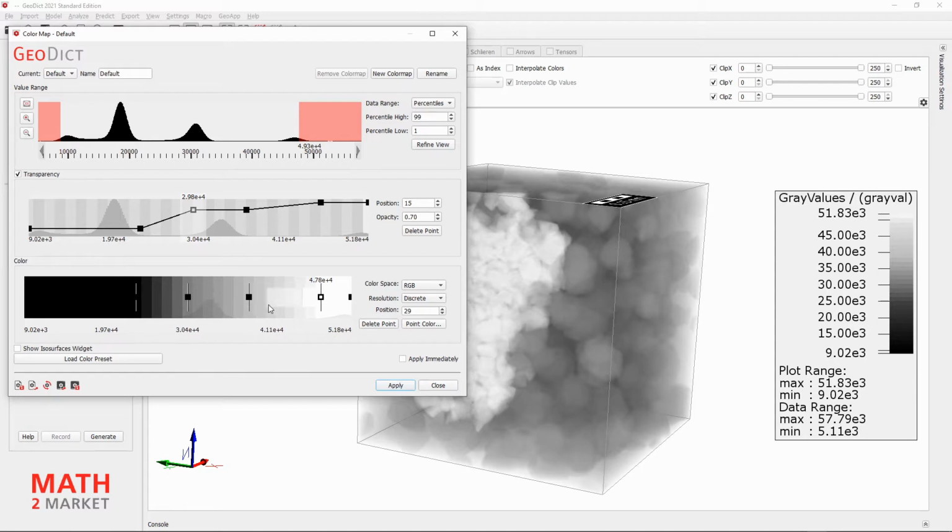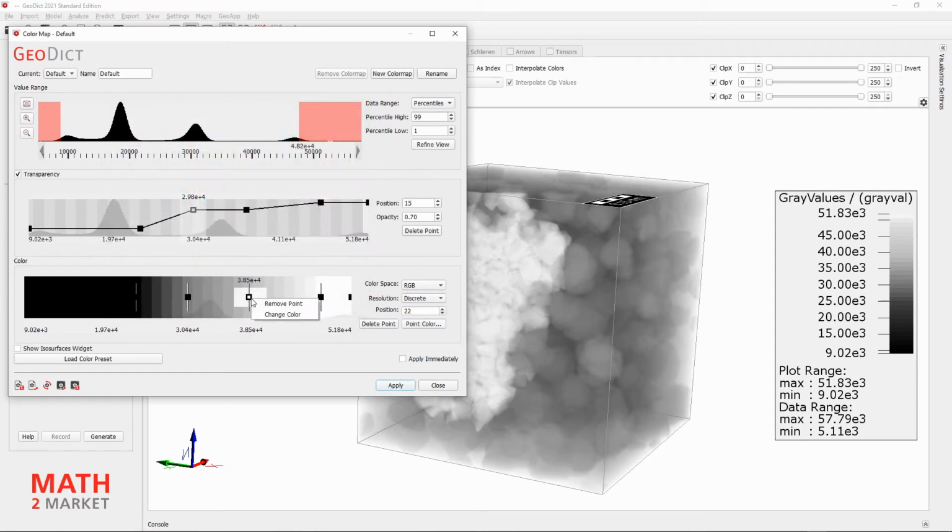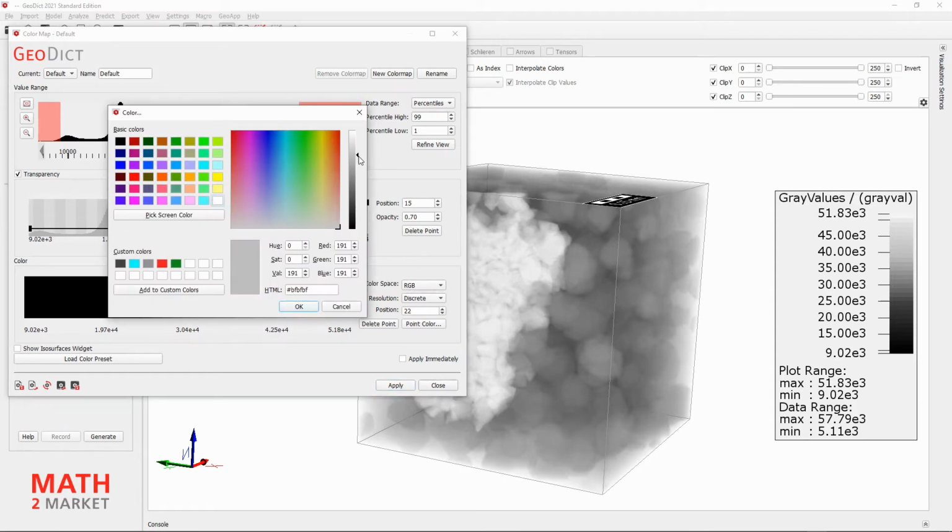The gradient between the 2 points is now a constant black. We do this also for the fifth point by choosing the color white, again using the right-click dialog here. For the 2 middle points, 3 and 4, we set the color to a medium gray. This corresponds to an RGB value of 3 times 127, either entered directly or by moving the brightness slider on the side while looking at the values in the RGB fields. We do this for both points.